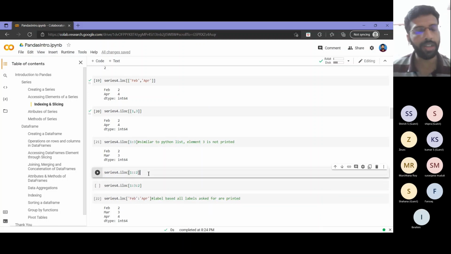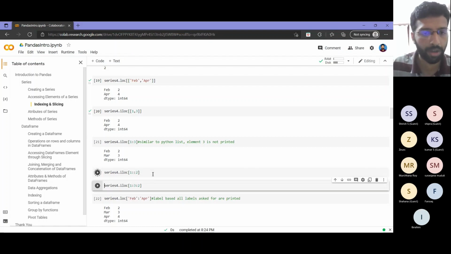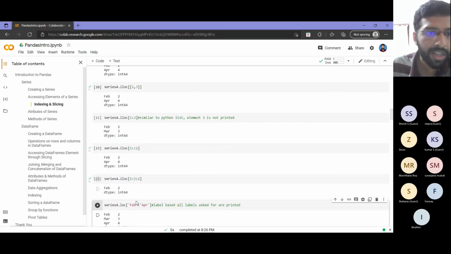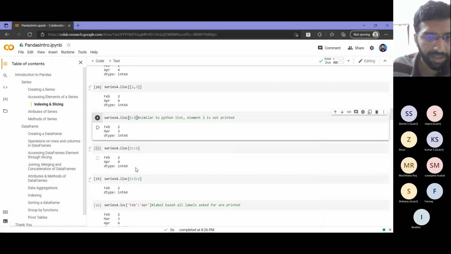Now suppose I want the alternate entries. Then, similar to a Python list, I can use iloc whichever way I want. That way I will get February and April. And in the same way, if I go till 3, this explanation is similar to the earlier one, for why March and April did not get printed here. I hope that part is clear.